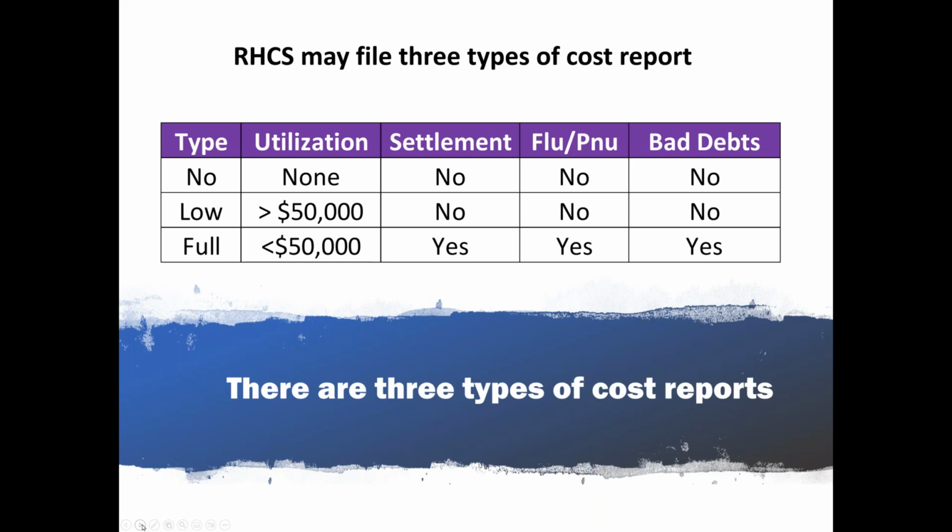If you're a pediatric office and you don't want to fool with filing a cost report, you don't have to, because you have no Medicare utilization. So you'll want to look at these options there. I know we've had some clients that came over to us from other people that they were filing full cost reports. They were pediatric offices, and I was like, why are you doing that? That's costing you a ton of money to file a full cost report, and you can just do a no